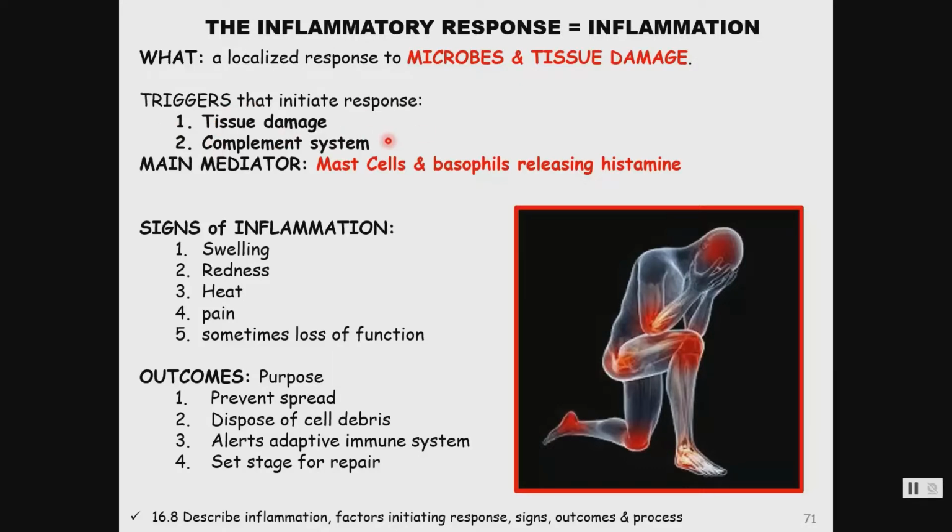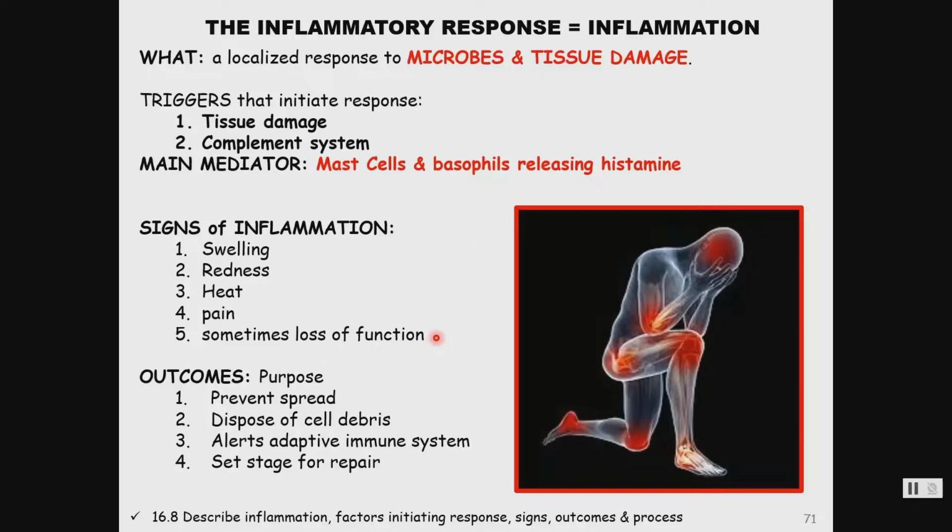I know I keep talking about it, but complement got its name because it complements all the other things of the immune system, or particularly 3 things. The mediators of inflammation are histamine, released by mast cells in the tissues or basophil cells. The cardinal signs of inflammation, and yes, you have to know this: redness, heat, pain, swelling, and sometimes a loss